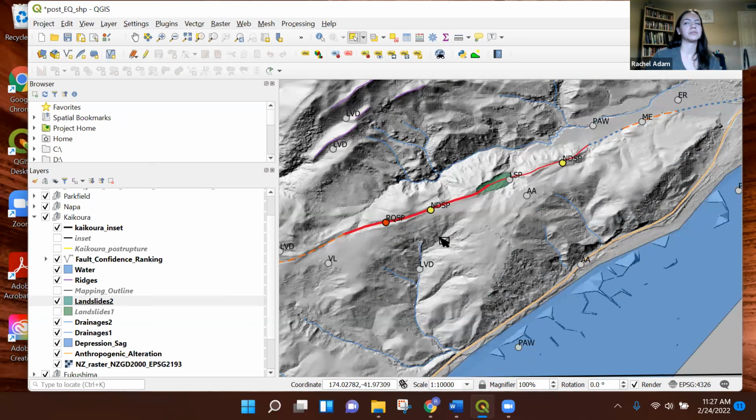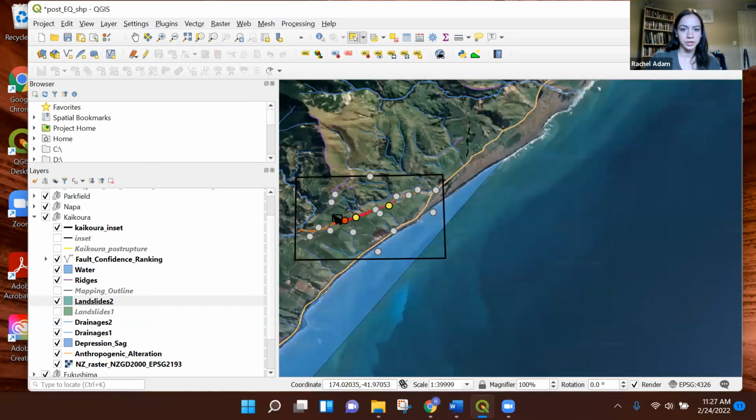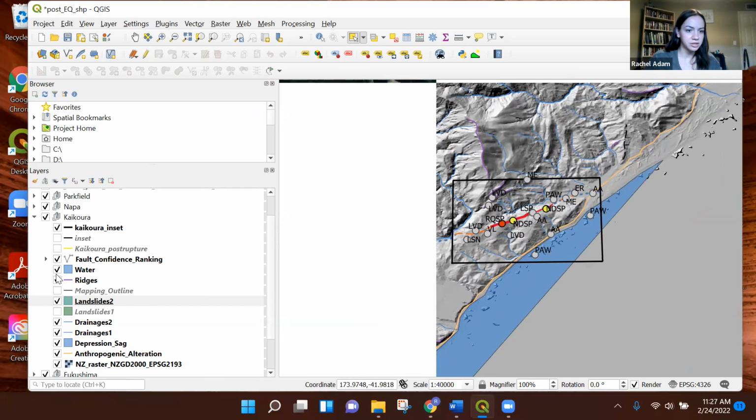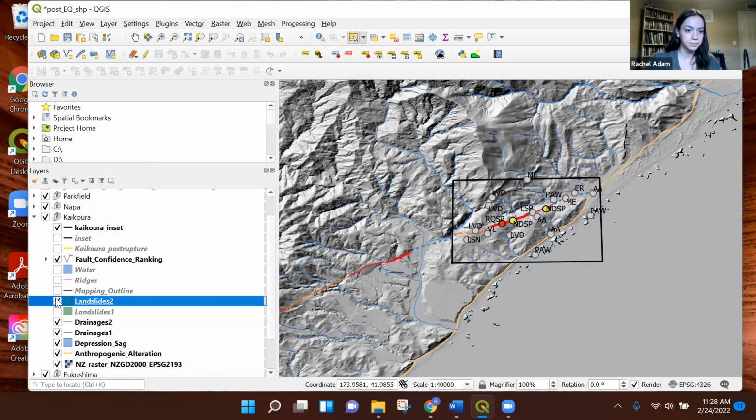And a nice thing about this area too, after the course ended, was because we did pre-rupture mapping for the 2016 earthquake, we got shape files of where the rupture actually occurred. So we can compare how well we did at anticipating the rupture. So if we look a little further at where the 2016 rupture occurred,